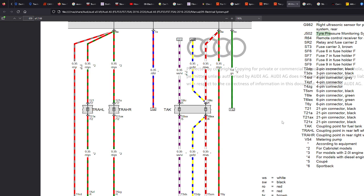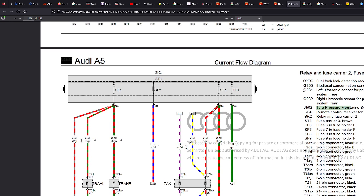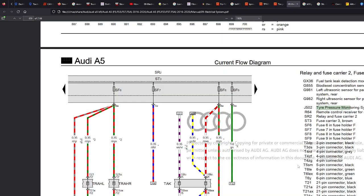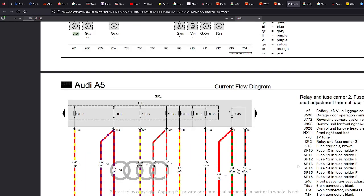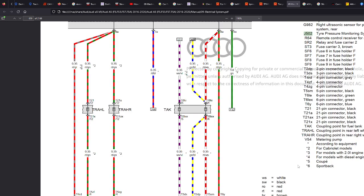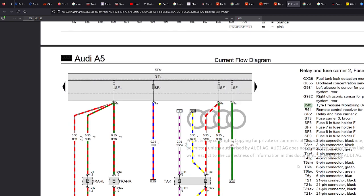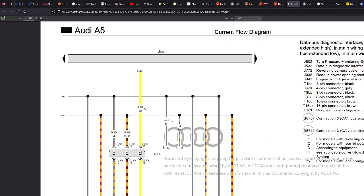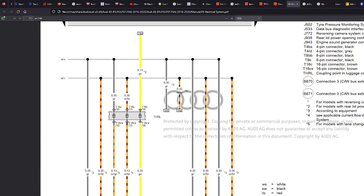Tire pressure monitoring system. So we can see here straight away, I've just found one. J502 is the code for this thing here. That is the J502. It's not the part number, it's just, let's call it a reference number. No, what we're looking for, it doesn't give enough information. Keep looking, there'll be something better. So, yeah, okay, first thing, J502